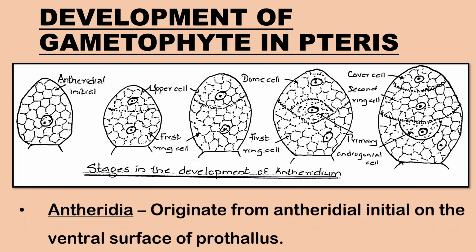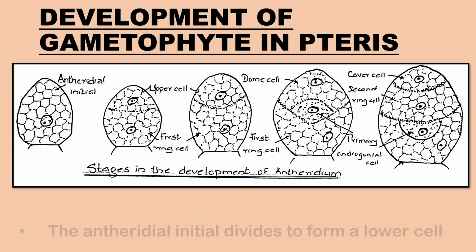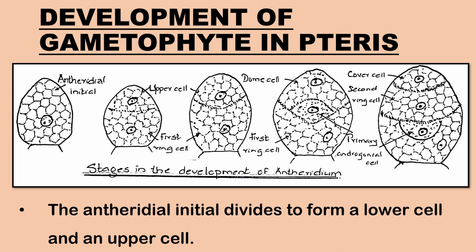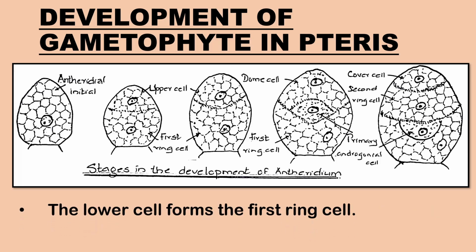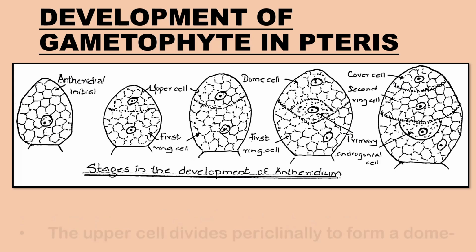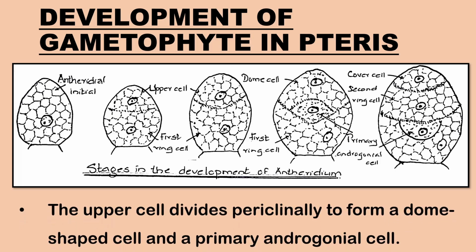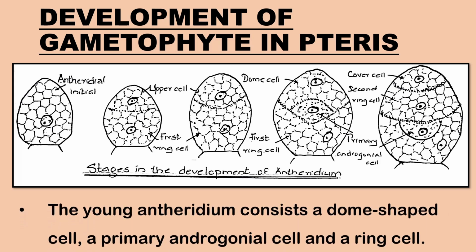Antheridia are present on the ventral surface of the prothallus and originate from the antheridial initial. The antheridial initial divides into a lower cell and an upper cell. The lower cell forms the first ring cell, and the upper cell divides periclinally to form a dome-shaped cell and a primary androgonial cell. At this stage, the young antheridium consists of a dome-shaped cell, a primary androgonial cell, and